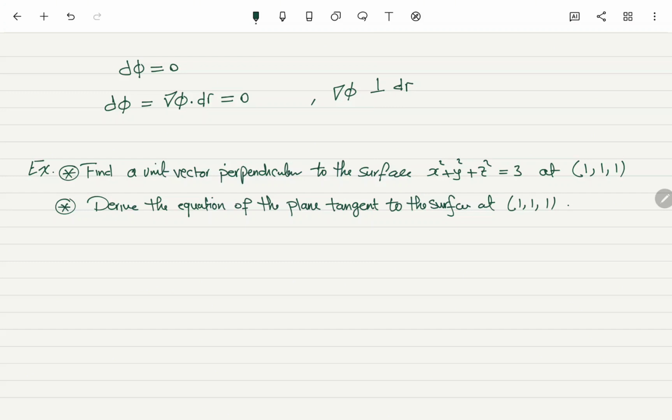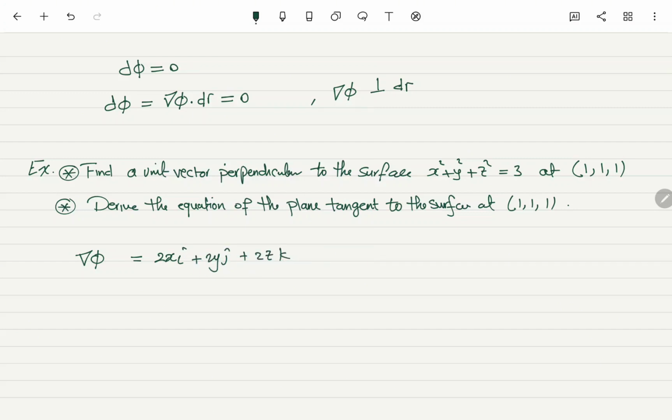Now to find the unit vector perpendicular to the surface, let's find gradient phi, which in this case is 2x i plus 2y j